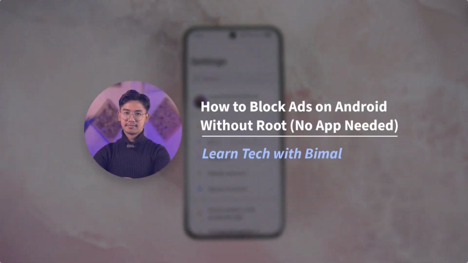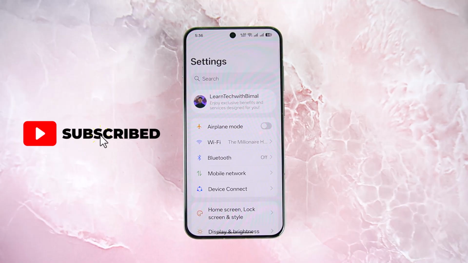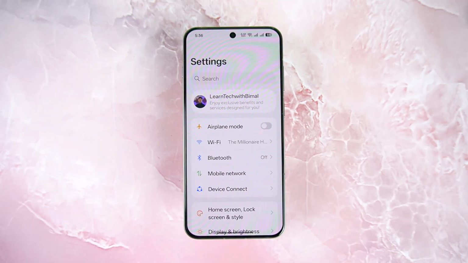How to block ads on Android without root and no app needed. If you want to block ads on Android without root and without any third-party apps, there is a simple method to do this. For this, simply launch the settings app on your Android, or more importantly, you can directly go